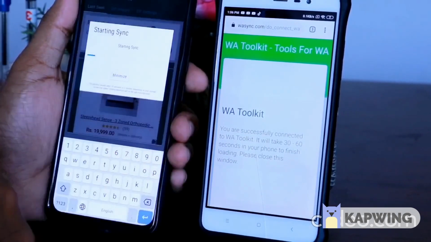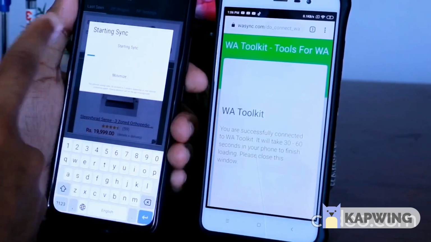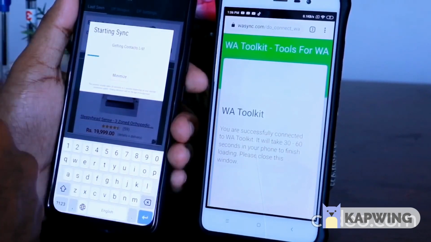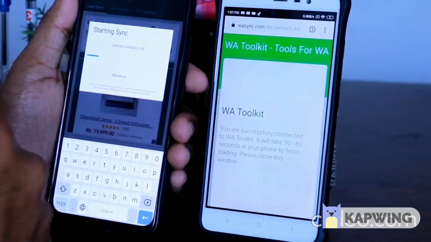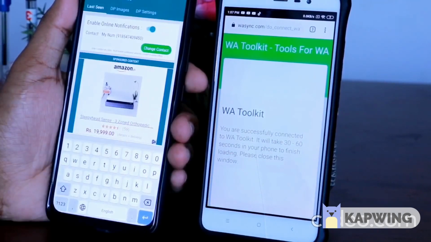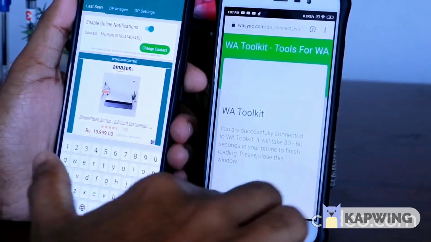Okay, done. Now just wait for some seconds. It is based on your internet speed. Yeah, now you are purely connected to